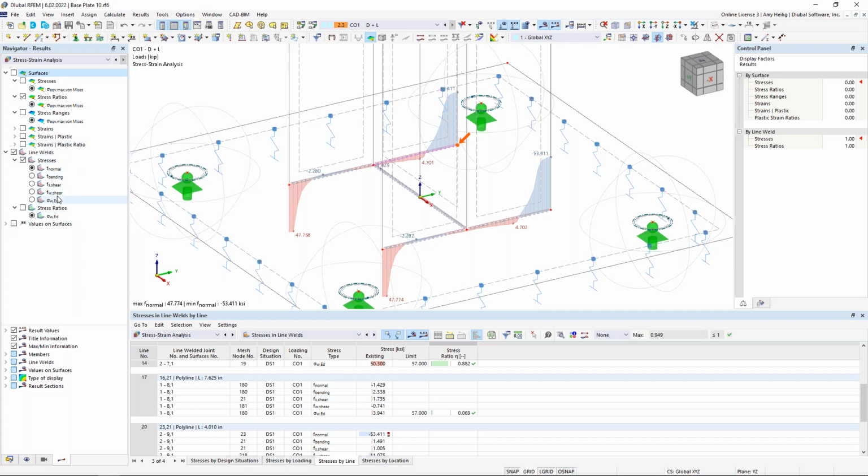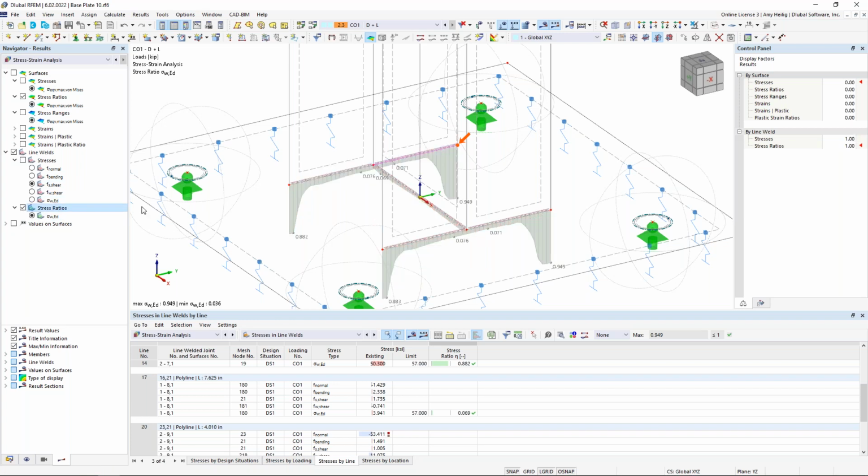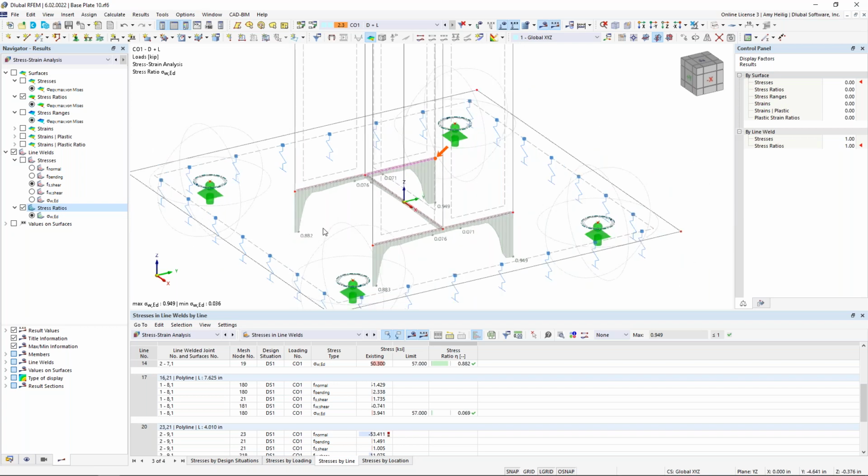So we also have the options to view these graphically here, and you can see the line weld stresses. We can change the view of these. So that option to smooth over the results, this is what I was referring to. Essentially, the program can set this to a linear distribution here, constant, again, if we're maybe comparing to hand calculations. Otherwise, we won't have any smoothing going on. And of course, the stress ratios are shown here as well. So kind of a great new feature, again, that we added within RFEM 6 that will be helpful for some of these FEA connections. All right, so we will move on to our final example today,